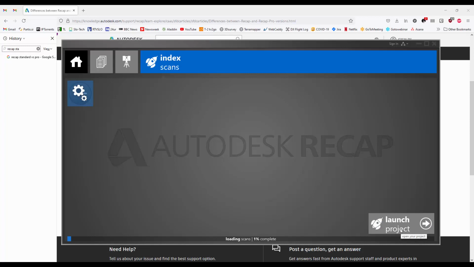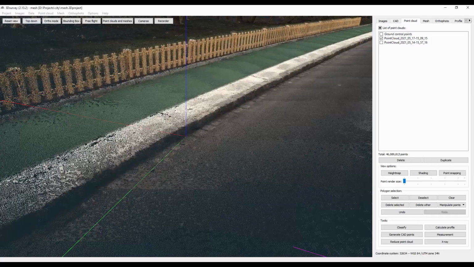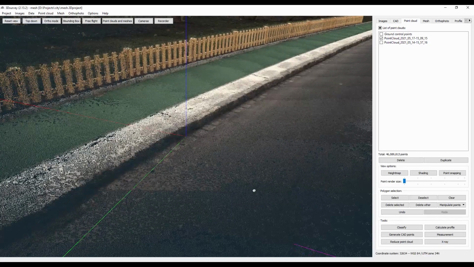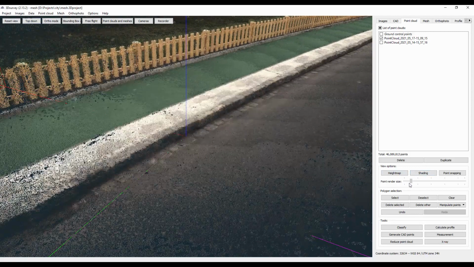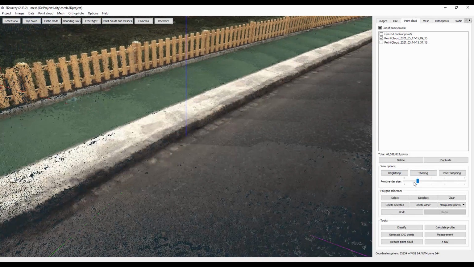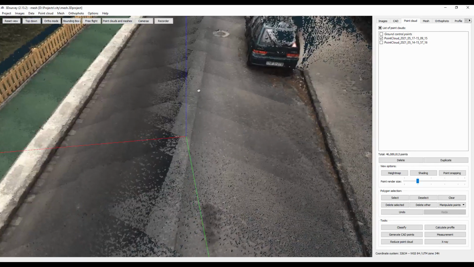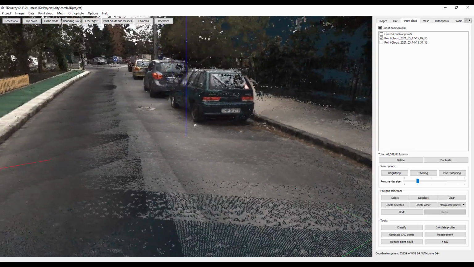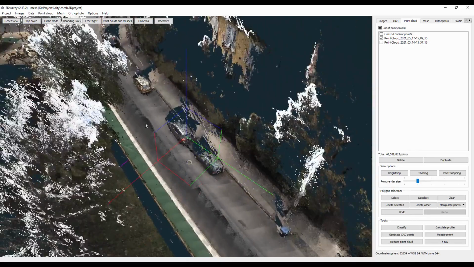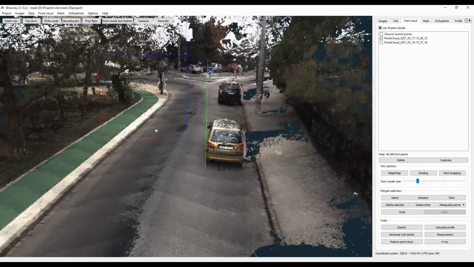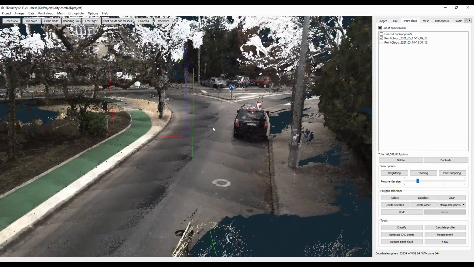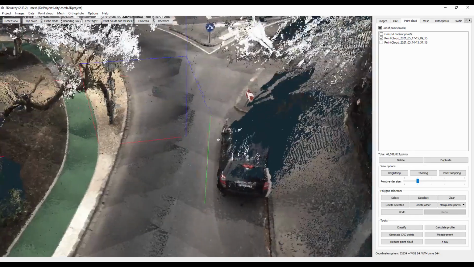So basically this is it. What is happening now is the LAS file is converted into Autodesk format. While this is loading, we can have a look at this point cloud in 3Dsurvey. Just increase the point size slightly to make it denser. It's pretty amazing, right? So this can be a small teaser, but we are testing some new solutions with 3Dsurvey, and